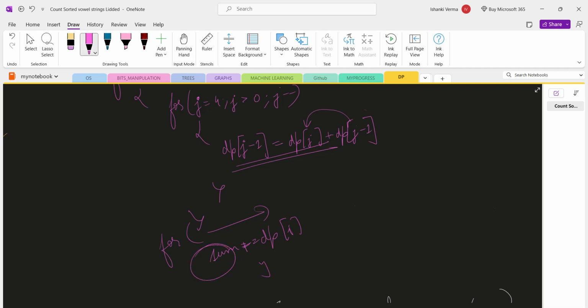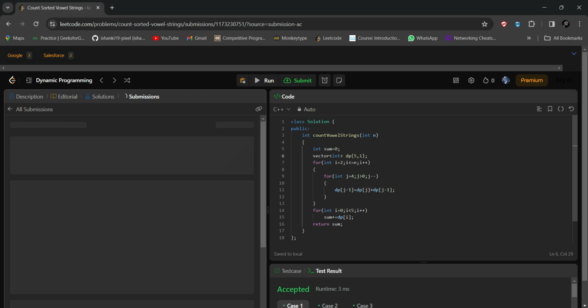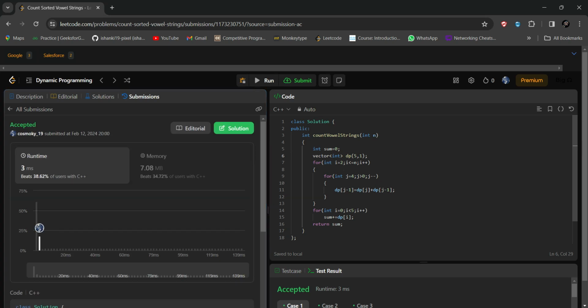And so how easy the solution has become, that we have reduced it from a backtracking solution to just a linear time complexity solution. You can see, as I have explained, I have done the same. I have initialized a vector and then the loop of n iterations, then the inner loop, and here I have calculated the sum and then returned it in the same way. So if I run it, you can see the solution is